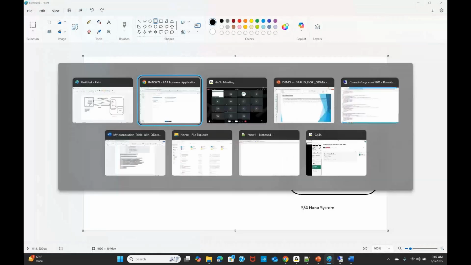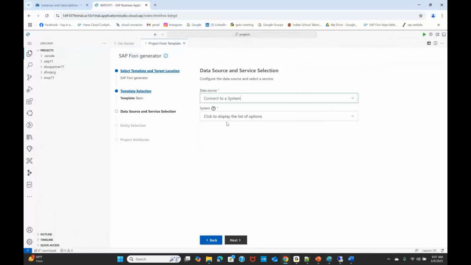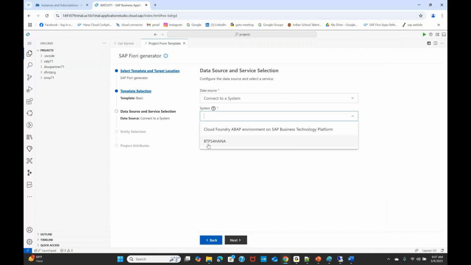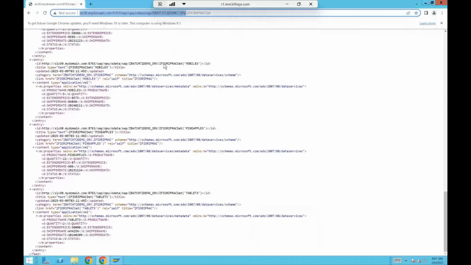So yes, I need to connect to the system. The system I'm connecting to is BTP S4 HANA. And now I have to get that OData service, right? What is the service name? This is the one, right? This is the service.